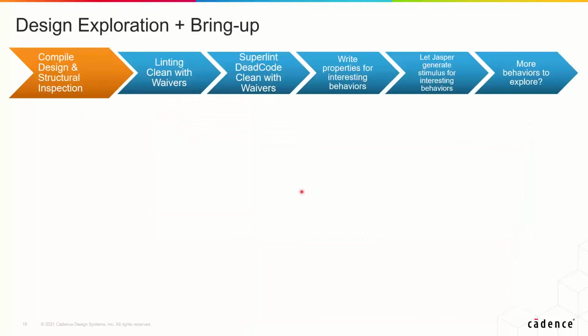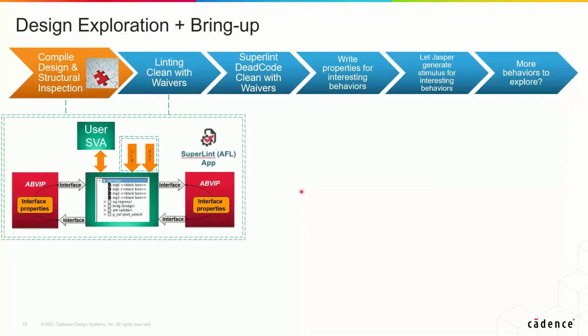So let me talk about this methodology then. We can start our bring up by compiling the design and performing basic structure inspection. Our goal here is to look at the structural characteristics of the design, for example, seeing how the design behaves after reset. We can then move to linting and Superlint code checks,